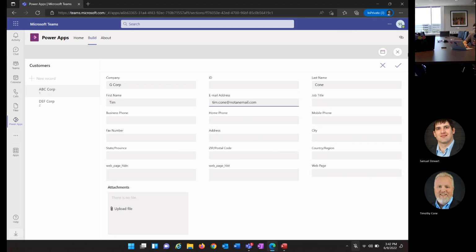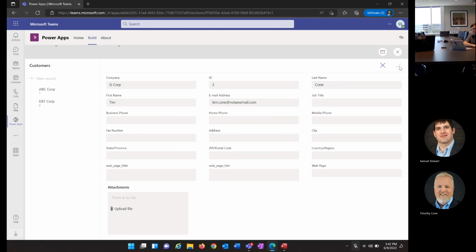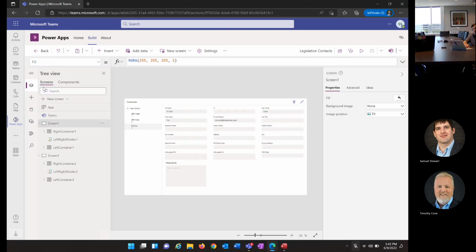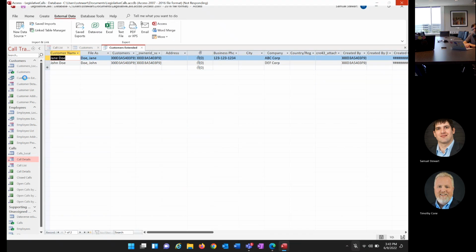And because there's no rules, right? And I've satisfied all the required fields that we need here. I'm going to click OK. It's not going to commit because I missed a form field, I believe. Now it committed. And so you see we've now got the record added for that customer. Now, I closed out of the app. One of the things that's really cool about this particular connector and the way that we did this, though, is if we still want to use our Access database and we go back,